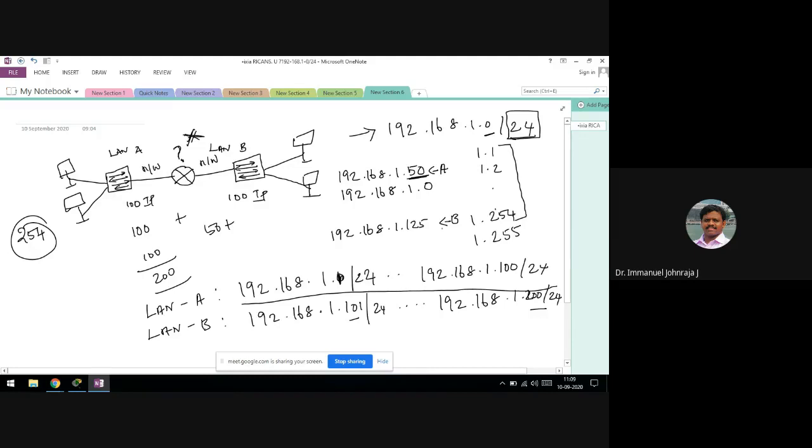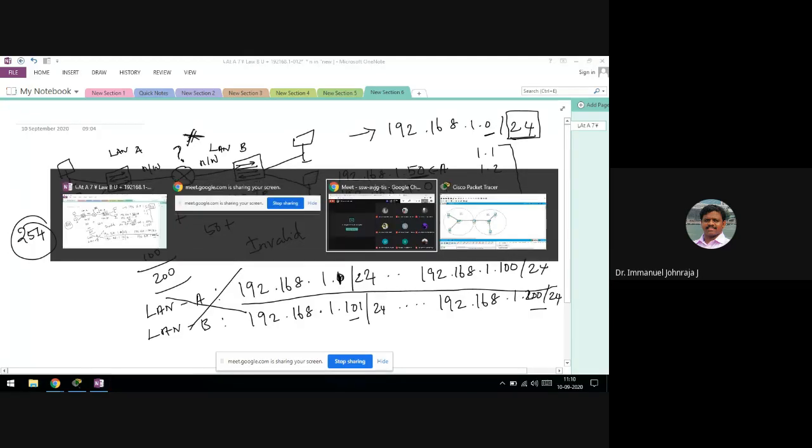What about the second case for this IP? I write the number here, 192.168.1, and again all of this has to be 0. So 192.168.1.0 is the network address we got for both networks. Now, because they both have the same network address, this kind of IP assignment is totally invalid. Right? We also saw this in the last class.